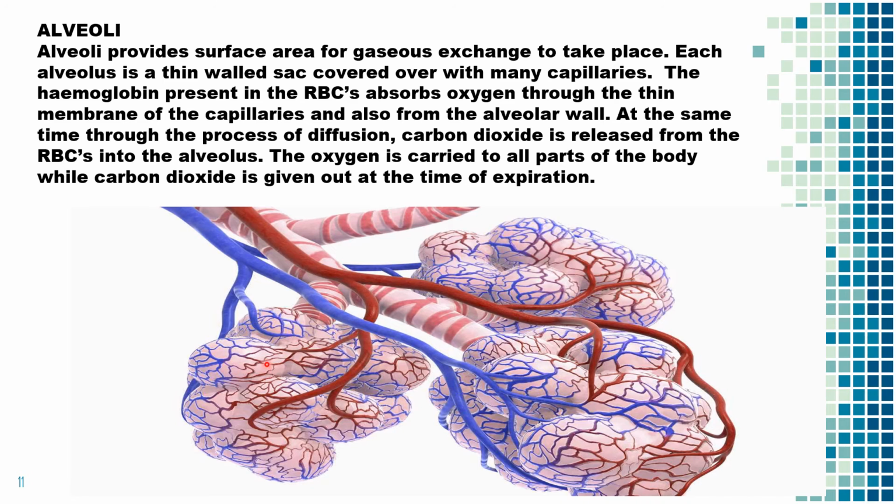When we breathe in air containing oxygen, the alveolar sac gets filled with air, and this air is very rich in oxygen. Blood contains a red colored pigment called hemoglobin, and hemoglobin has a great affinity for oxygen. So as soon as the alveolar sac gets filled with oxygen, the hemoglobin takes up the oxygen from the alveolar sac, that is, oxygen is absorbed by the hemoglobin into the blood. As soon as oxygen mixes with the blood, it becomes pure, and this oxygenated blood is transported to the different parts of the body.